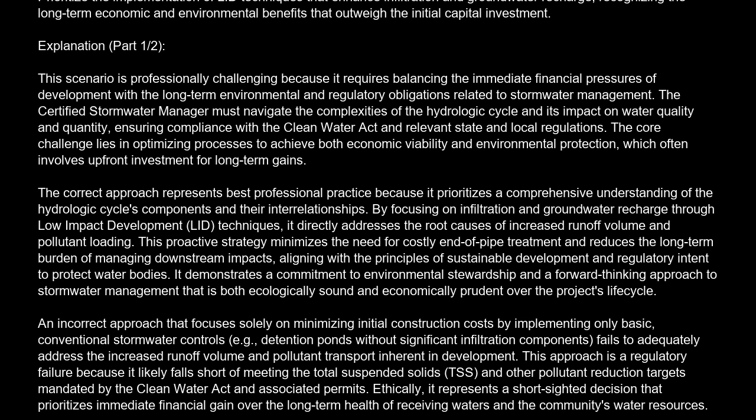An incorrect approach that focuses solely on minimizing initial construction costs by implementing only basic, conventional stormwater controls, e.g., detention ponds without significant infiltration components, fails to adequately address the increased runoff volume and pollutant transport inherent in development. This approach is a regulatory failure because it likely falls short of meeting the total suspended solids (TSS) and other pollutant reduction targets mandated by the Clean Water Act and associated permits. Ethically, it represents a short-sighted decision that prioritizes immediate financial gain over the long-term health of receiving waters and the